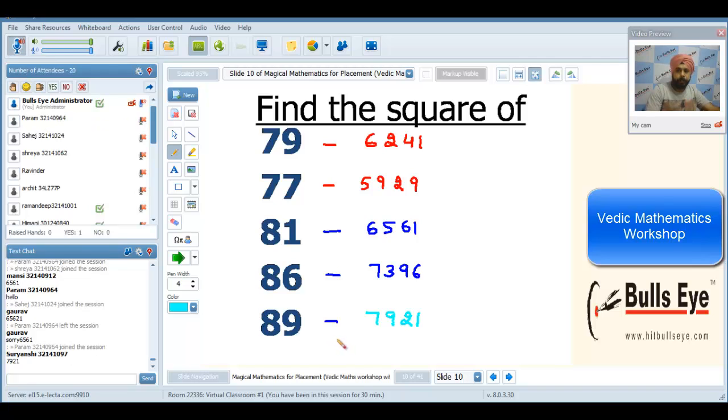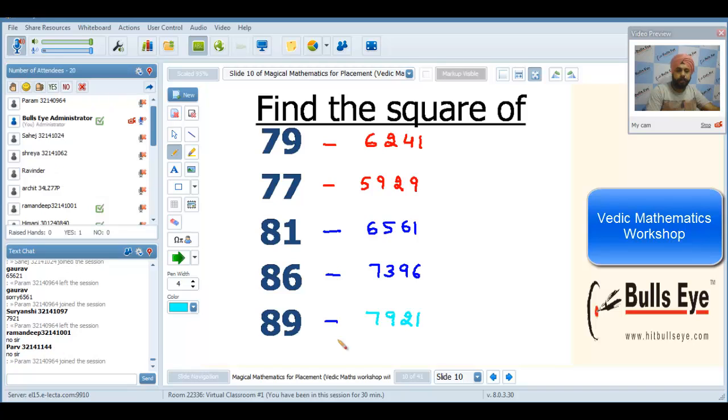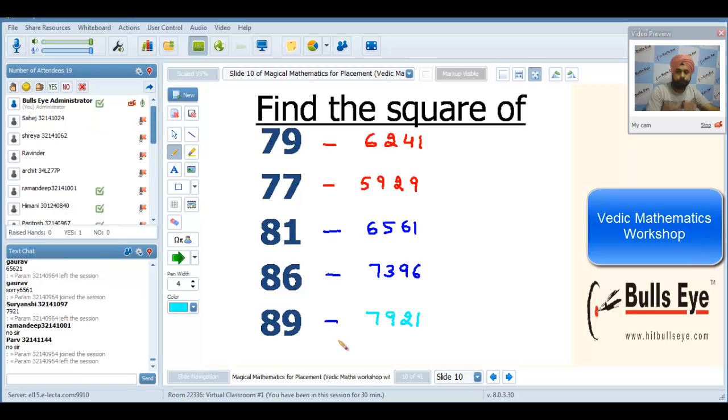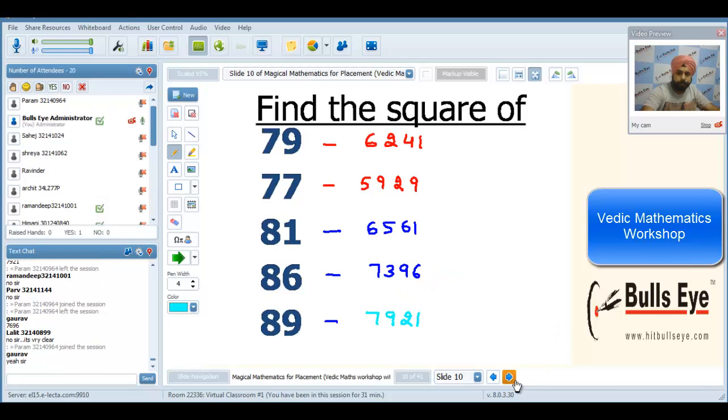So students, any problem to anybody out there so far? Taking 100 as base, we found the squares of the numbers closer to that. Okay, that's good, Lalit. Okay, students, moving on. On the second side of the base,